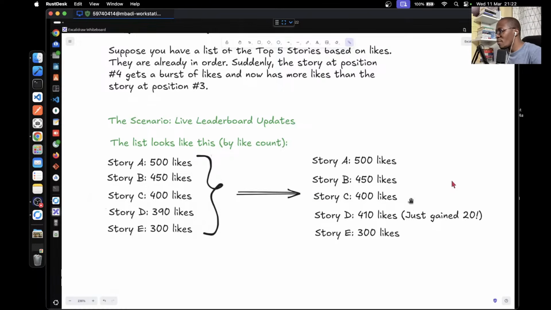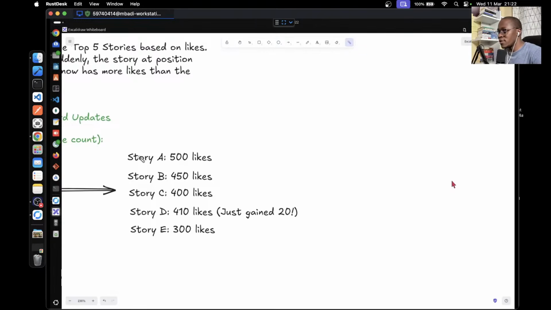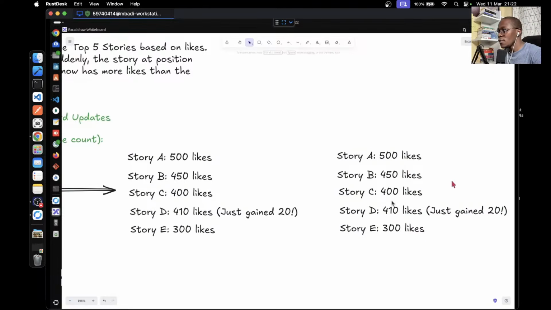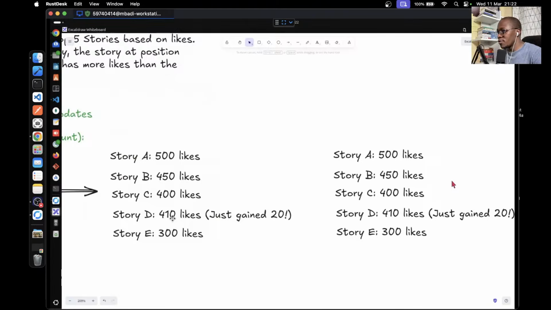Now using bubble sort, we'll go through the list. Let me just copy everything here. So using bubble sort, we want to move this to the top. Bubble sort will start here, at story A. Does story A have more likes than story B?